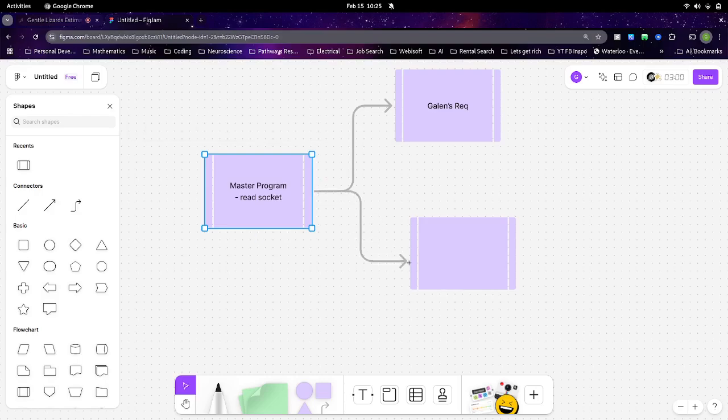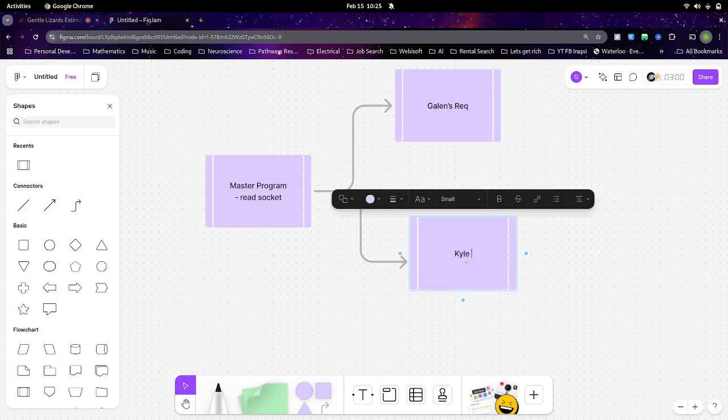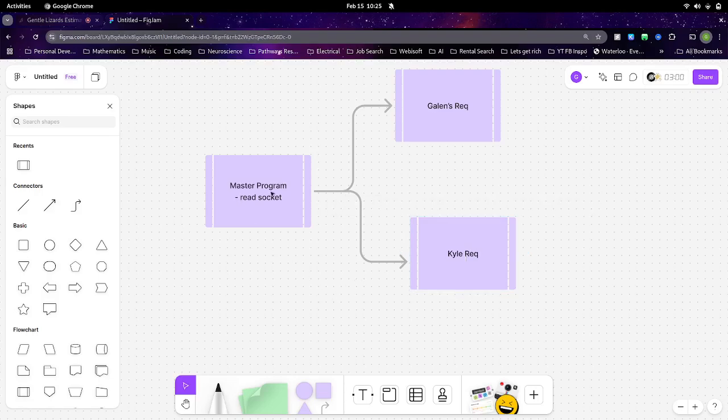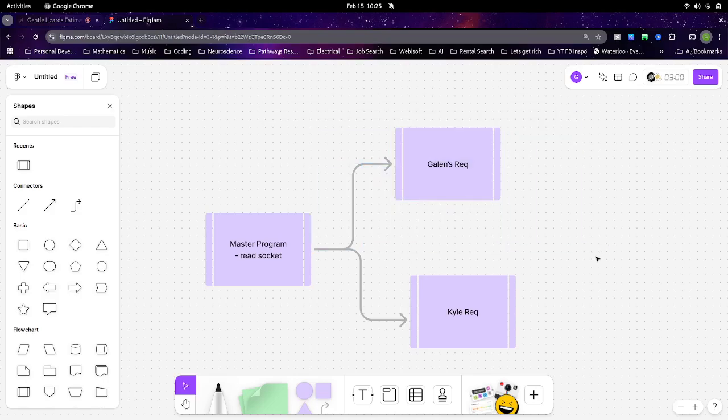And if Kyle makes a request, it's simply going to fork another process, another thread, and that continues to run on its own. Assuming we haven't done anything crazy and chaotic, like these are just read-from-the-database requests, these have nothing to do with each other.